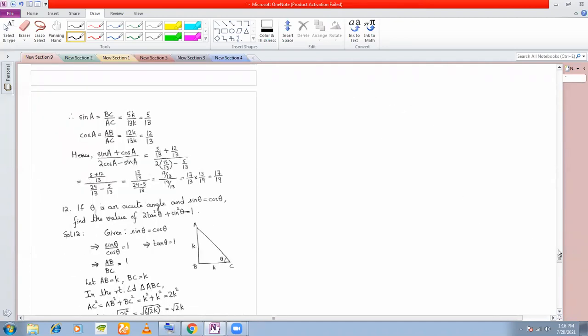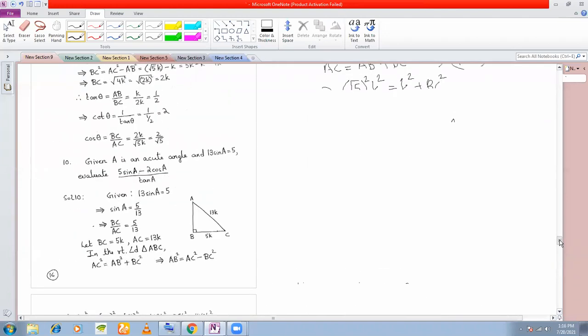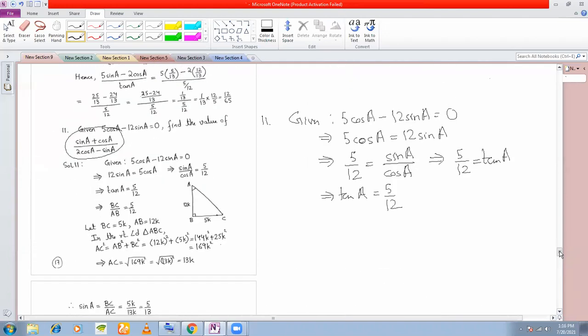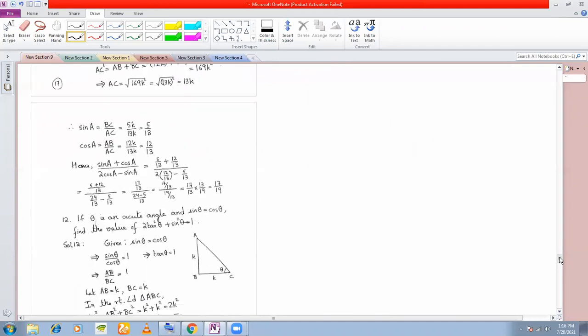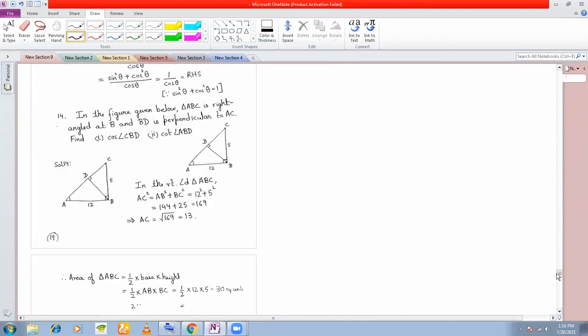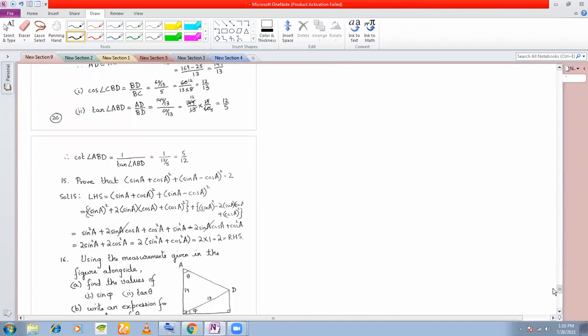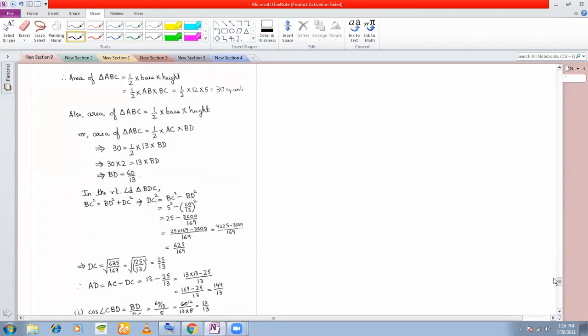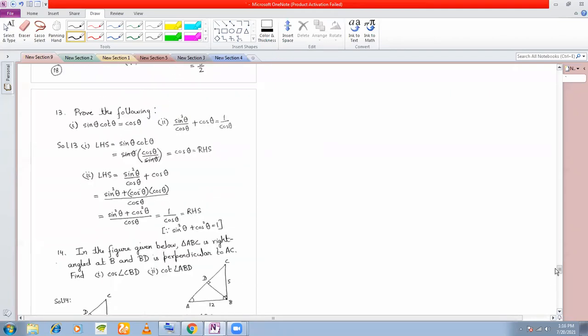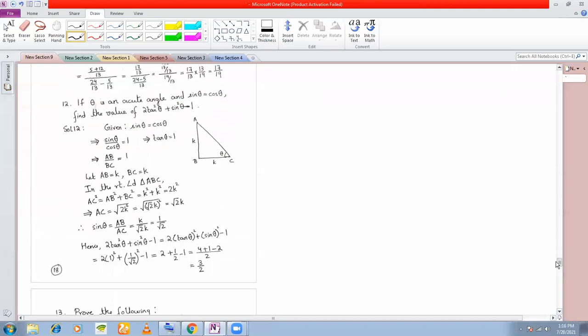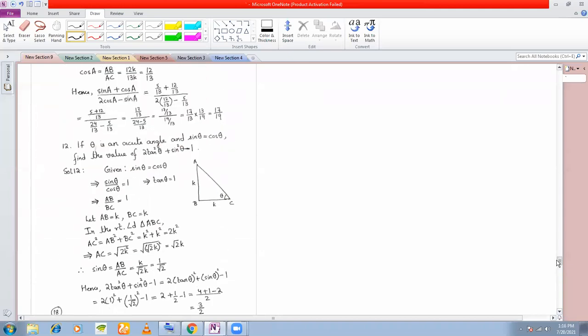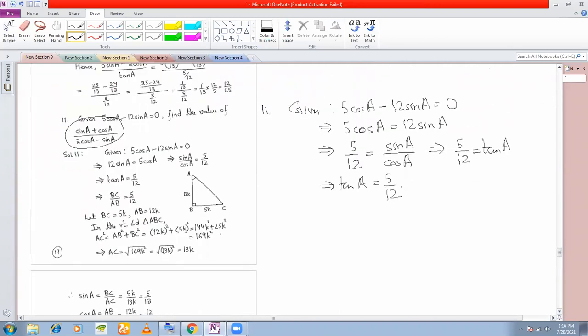Where is it gone? Okay. There's one problem which we could have done from the standard values. Okay, this one. I'll show you later on. But not this problem. This problem I'll show you only in one way.